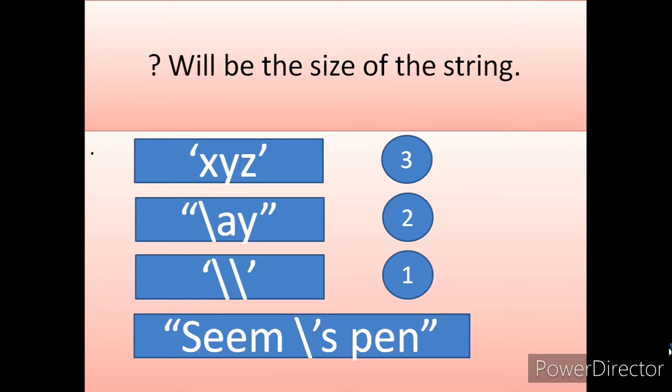Eleven. Okay, very good. What's your name? Ishita. Very good. You have given the correct answer. That is 11. Can you tell me, Ishita, how? Sir, the word is 4 characters, then 1 space, then 1 escape sequence, then S, then 1 space, then 3 characters. Very good. For you, the space is also a character. If we give a blank space, that also comes in the category of one character in our computer field. It is not that it is not taking any place. This is also taking one character.